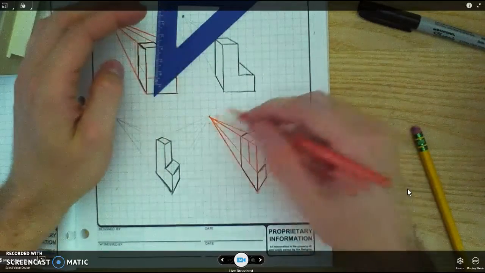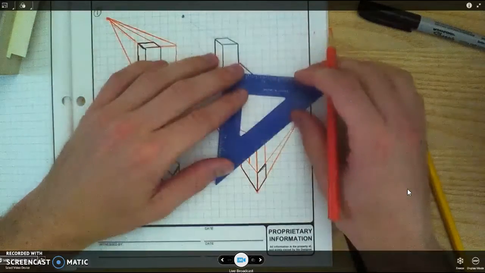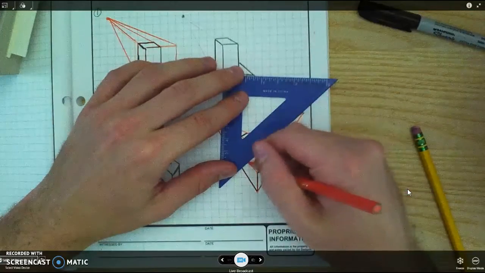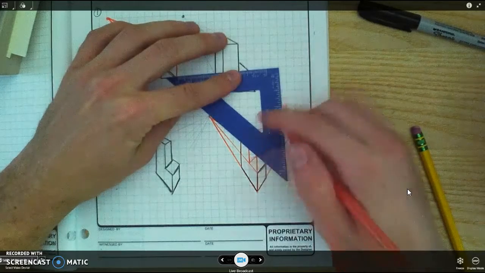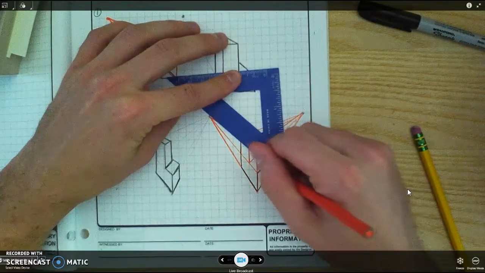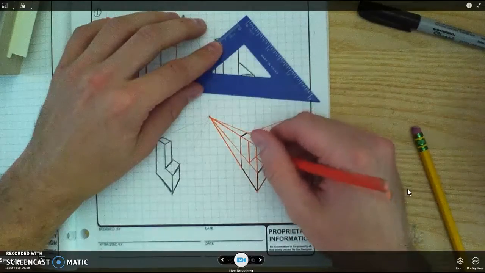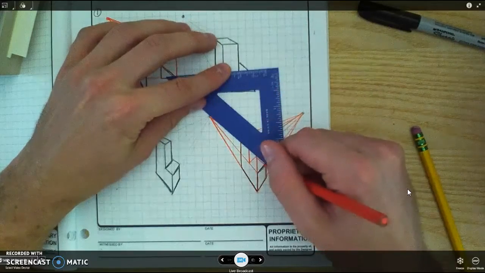So that's the L. And then I need to draw a line going this way, and a line going that way. And where those intersect is where I'm going to finish that L shape,